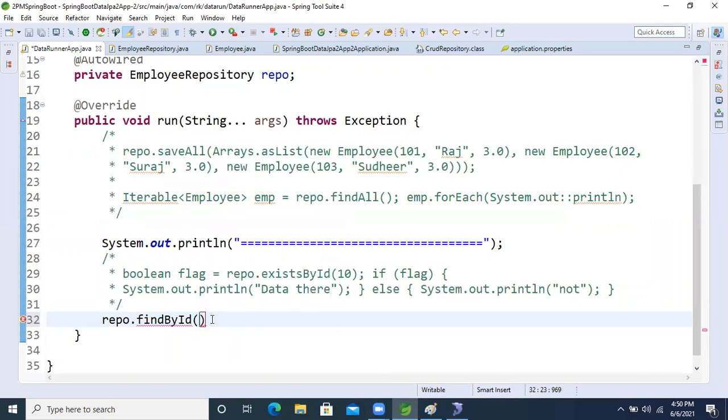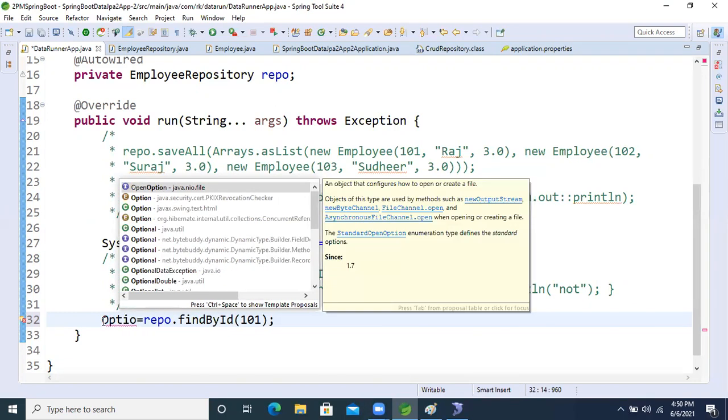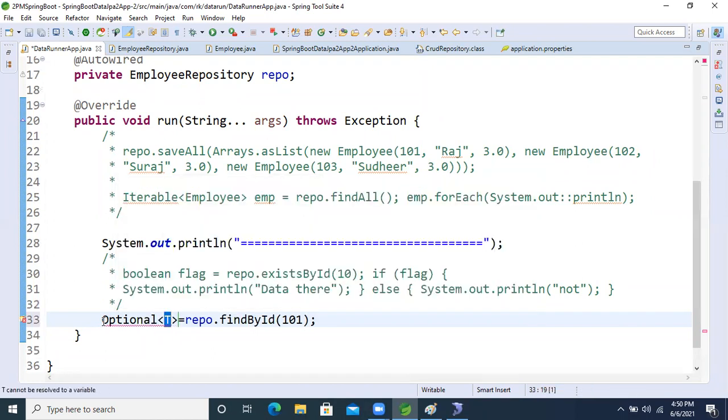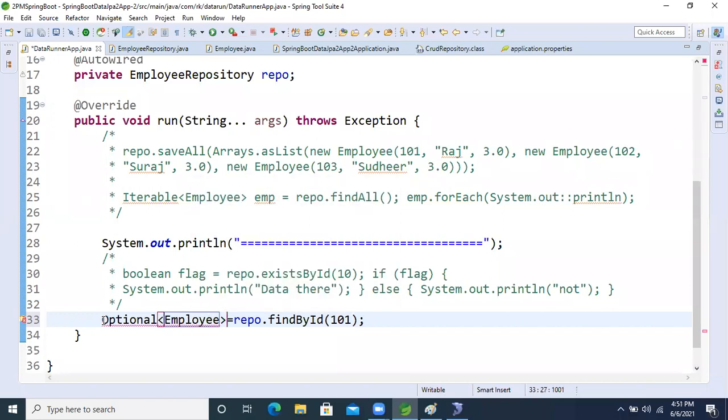What will it return now, guys? Employee, and Optional, opt, right?